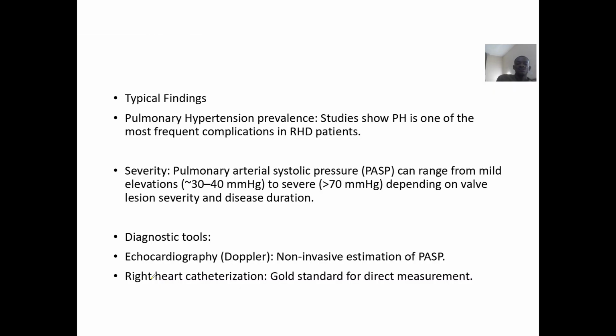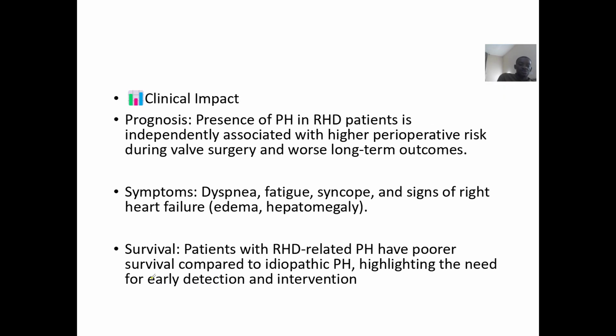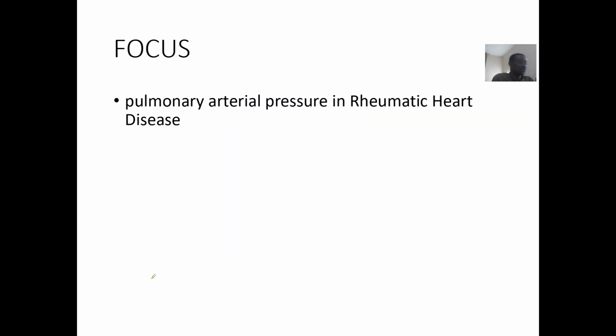Then severity. Pulmonary arterial systolic pressure can range from mild elevation, which is between 30 to 40 millimeters of mercury, to severe, which is from 70 millimeters of mercury up. This actually depends on the lesion. You diagnose this using echocardiography and also right heart catheterization. So that's basically it. All right, so the prognosis depends on if it is mild